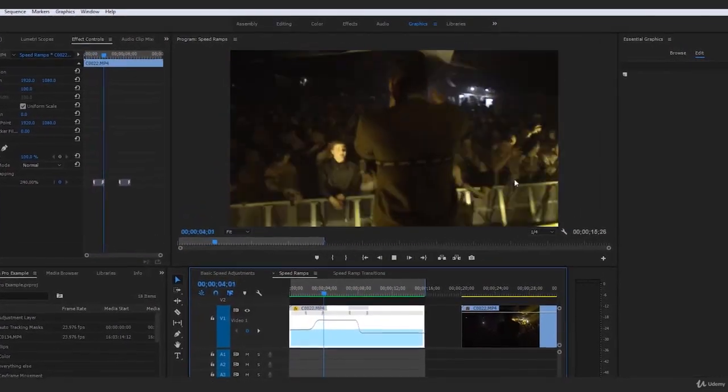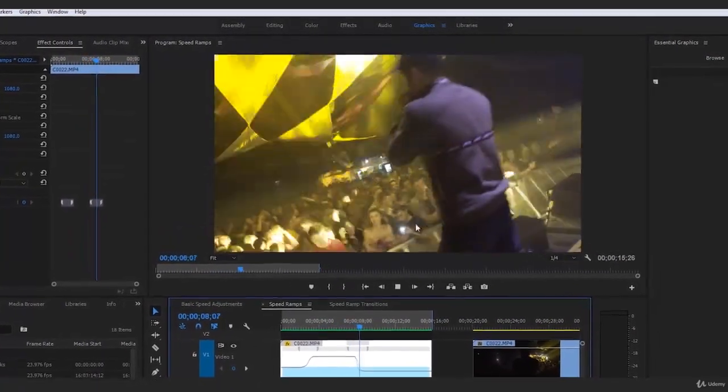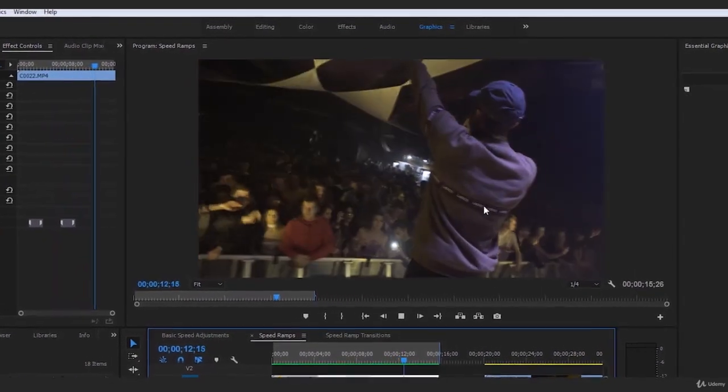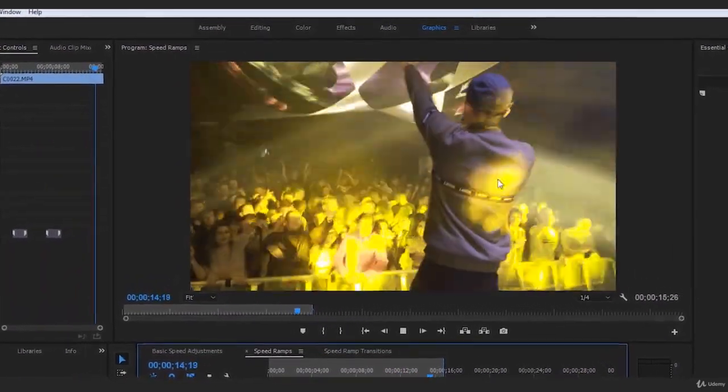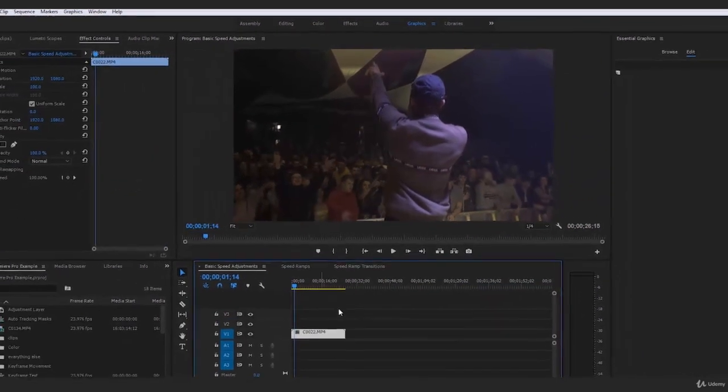It is going to speed ramp all the way to really fast, and this rapper is just going to be running around stage right now, and then it's going to speed ramp down as a gradual cut down to actually be 50% slow motion. Now, the reason this is so much nicer than using just the basic speed adjustments is